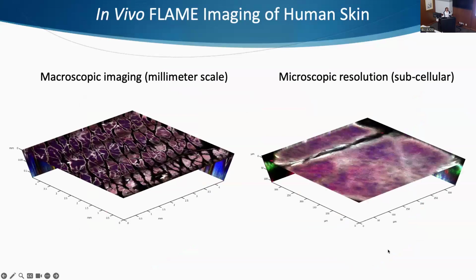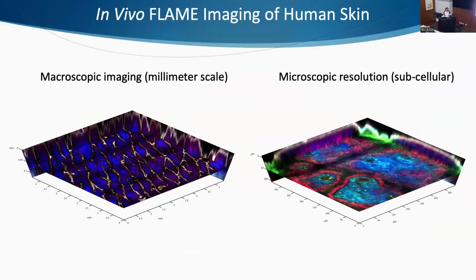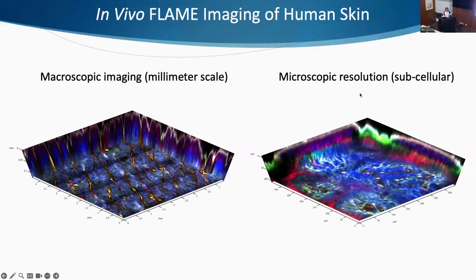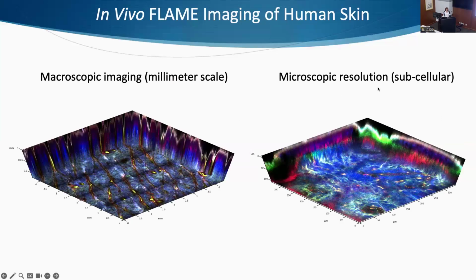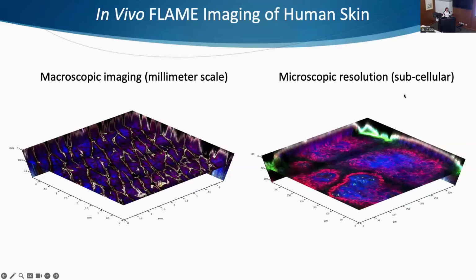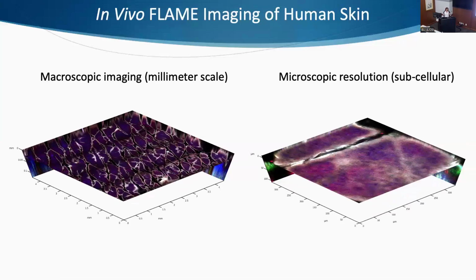And these are the types of images we get at the macroscopic level, and then microscopic as we zoom in. So we usually get these types of volumetric images, so we have a broad view of what's